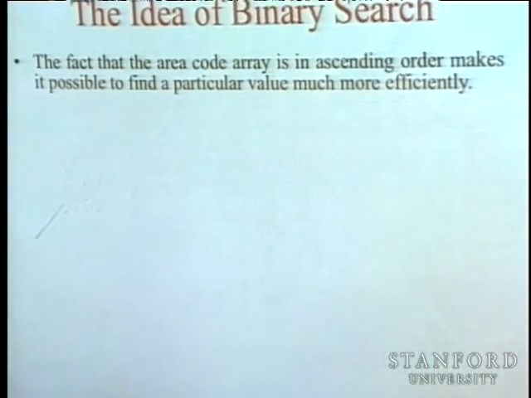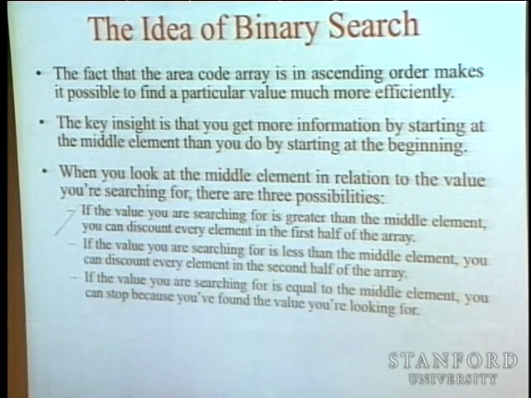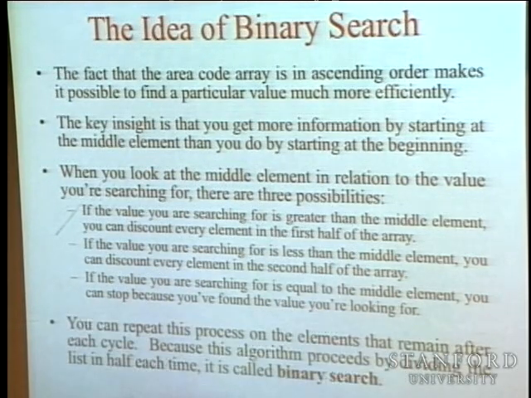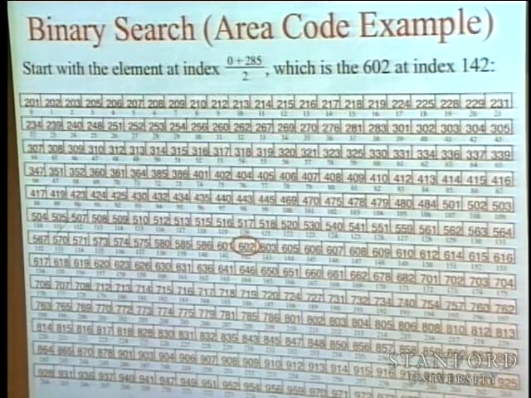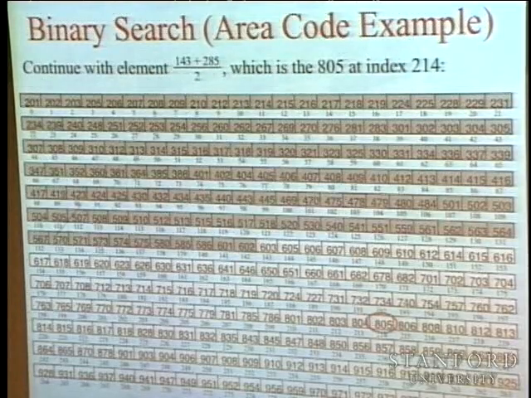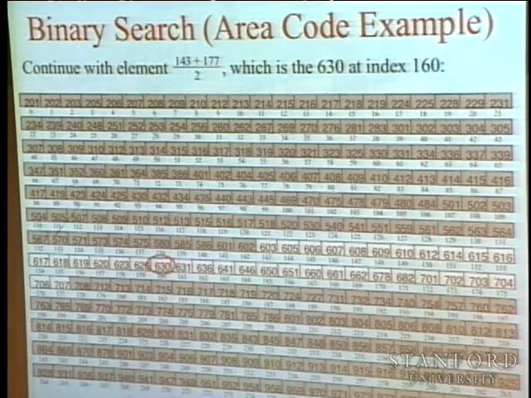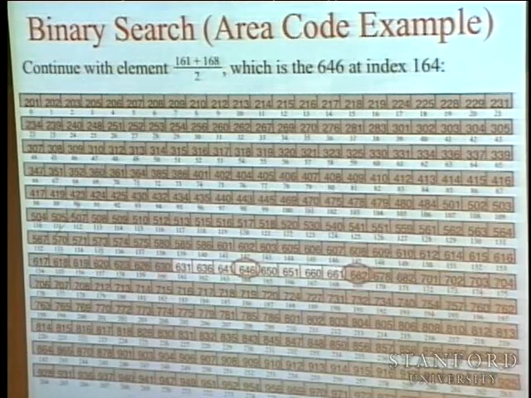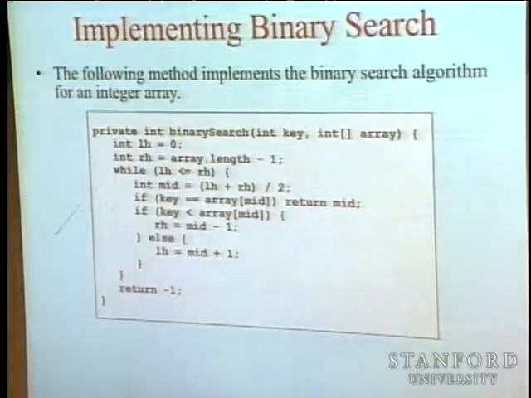All right, so we've already gone through the idea of binary search. Here's a prose version of the algorithm that we just walked through. And here is, I inherited these slides from someone else, as you may be able to tell. But here you can see that part of the array is no longer being considered. Successively, that portion gets smaller and smaller and smaller until finally there's only one element.